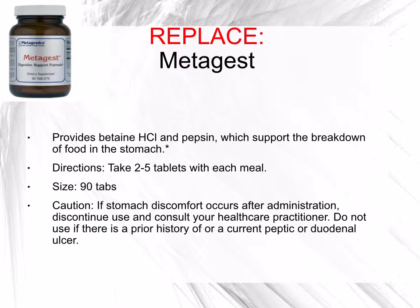This is to be taken with the main protein-containing meal. Important to note here that if there's any stomach discomfort associated with the Metagest, one should stop using it, because if there's any gastritis or a duodenal or a peptic ulcer, the Metagest is definitely going to aggravate it. You would need to first initiate some healing and eradicate the infection before you could look at replacing low stomach acid levels. So typically the dosage you're looking at is between 2 to 5 with each meal,